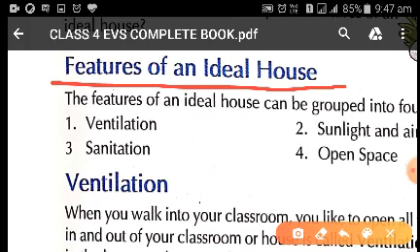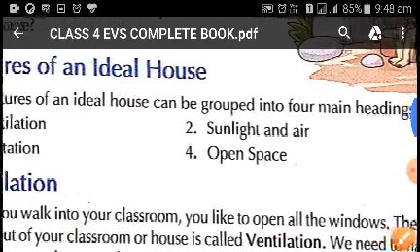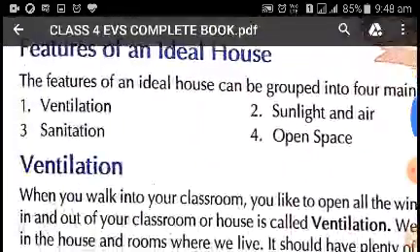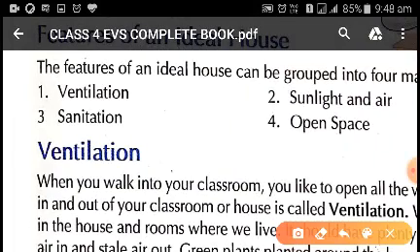Now starting with the first one, the features of an ideal house can be grouped into 4 main headings. That is, first one is ventilation. Ventilation is very important